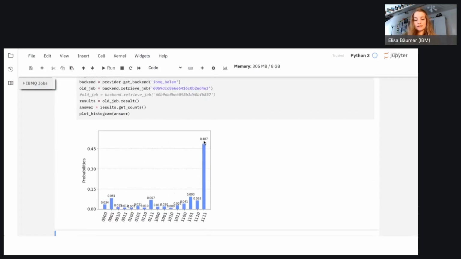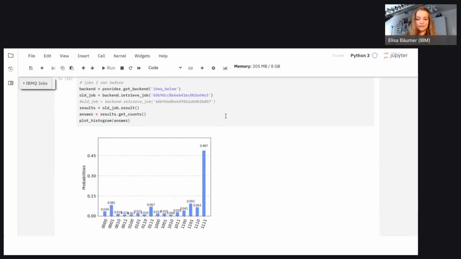But we can also see that the chance to measure that string is not even 50%. Now you might wonder why on the same device we get 97% for one case and not even 50% for the other case. And that's because of the way that we implemented the oracle. When you think about what we did for the oracle, in the case where it's constant, it either doesn't do anything or it just at most applies some bit flips. But this can be done very fast and very efficiently, and it's just single qubit gates at most.